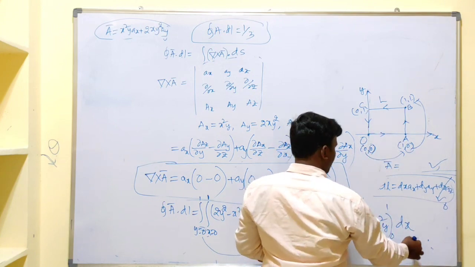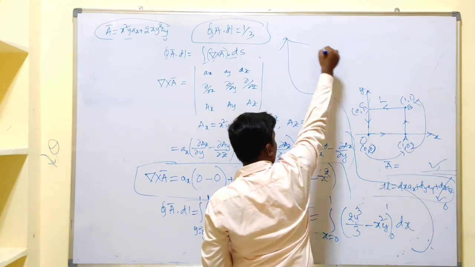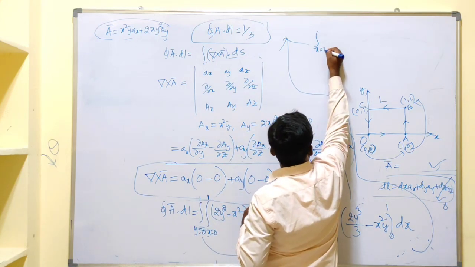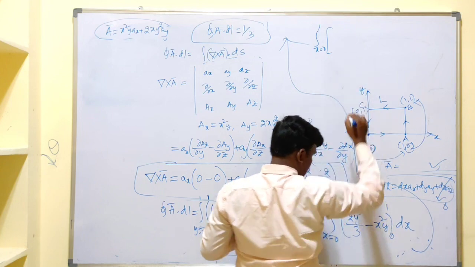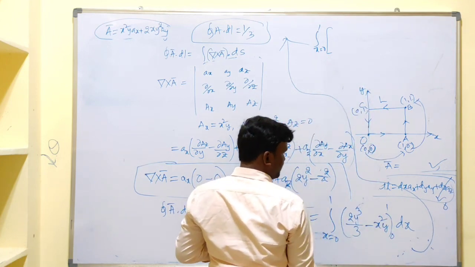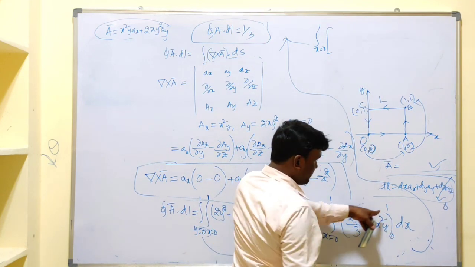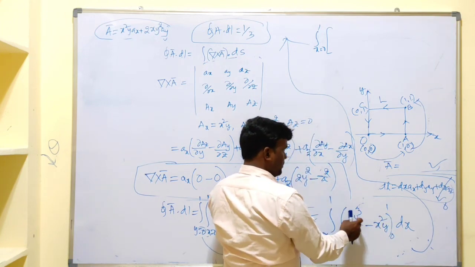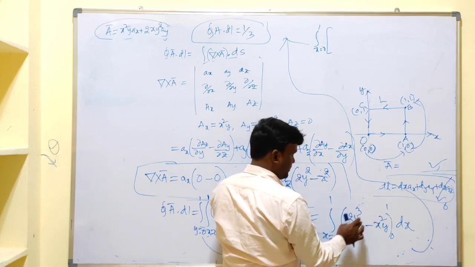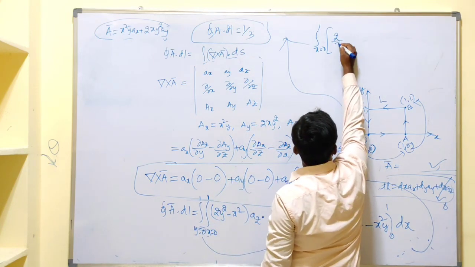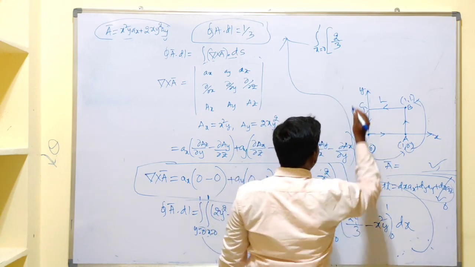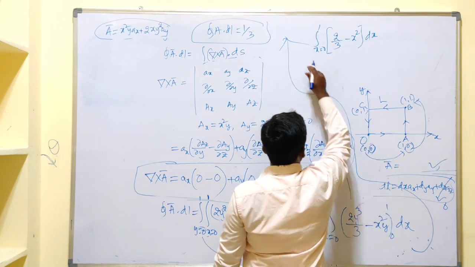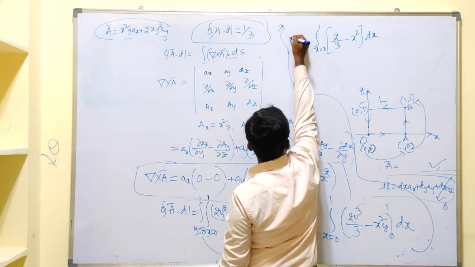Now I am writing this one here itself. What about this one? That is integral x equal to 0 to 1. Substitute the limits. Upper limit is 1, lower limit is 0. We performed integration with respect to y, means we need to substitute y as 1. Wherever you have y, you need to substitute 1. That is 2 by 3. First one is 2 by 3, and next one is minus x square into dx. X limits are from 0 to 1.